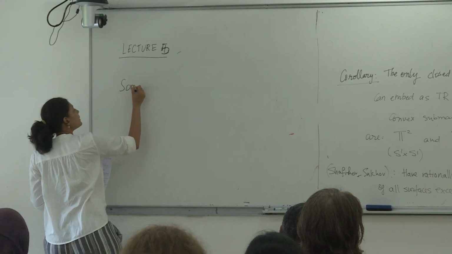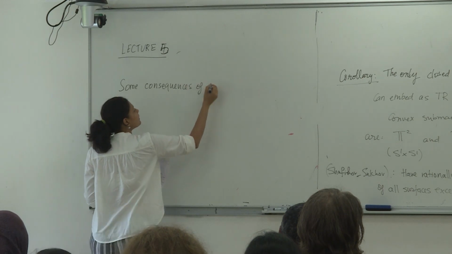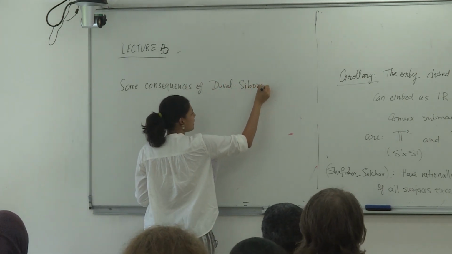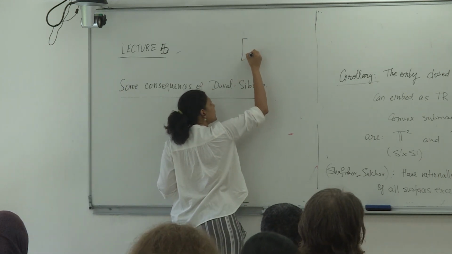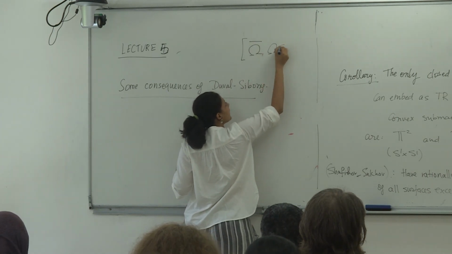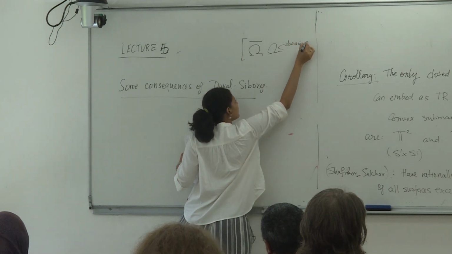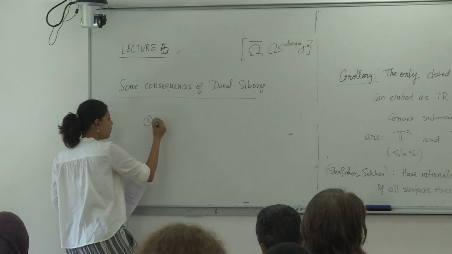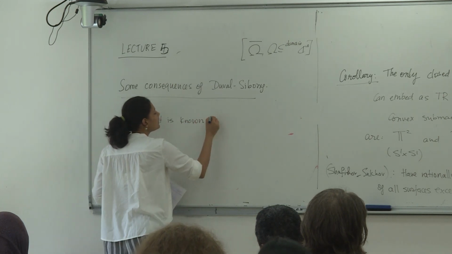So some consequences of Duval-Sibony, and when I say Duval-Sibony, it's not just the result that I have stated, but as I said, they have many results. They also have results in the setting where they're interested in rational and polynomial convexity of omega closure, where omega is a domain in Cn. So the first one, this is not a consequence, it's known